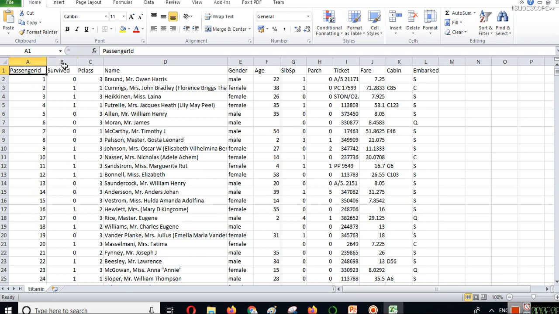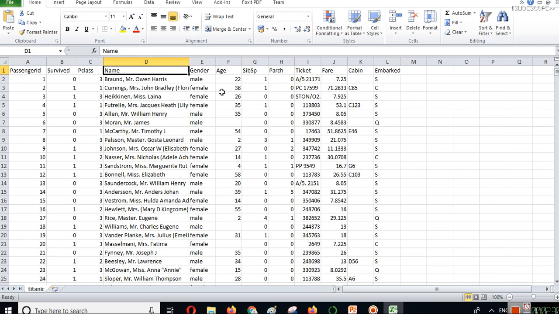Then we have information of those people who survived that accident. 0 is for those passengers who were not able to survive, and 1 is for those who were able to survive the accident. Then we have passenger class, name, gender, and age of these passengers. Then we have some columns like SibSp, Parch, ticket number, fare, cabin, embarked, and so on.